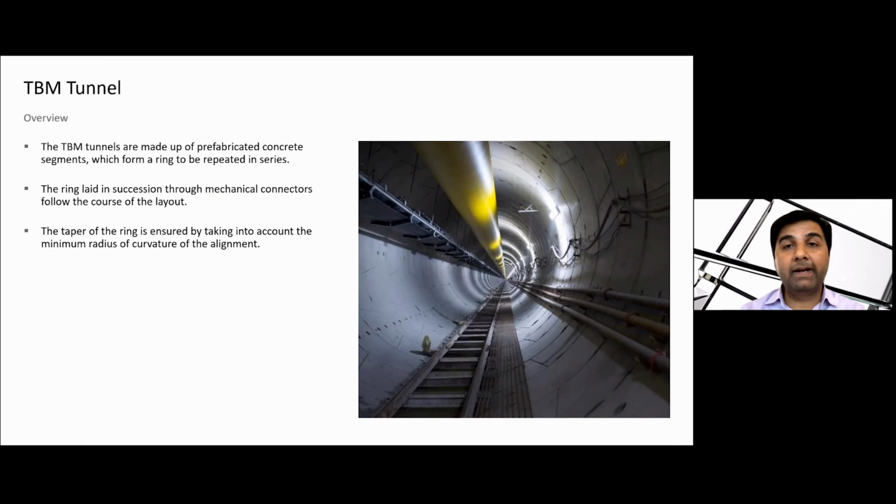Each ring also has a taper, so the starting face and end face are tapered. For example, if we have a curve along the alignment, the ring is tapered, having less width along the inner curvature and more length on the outer side.